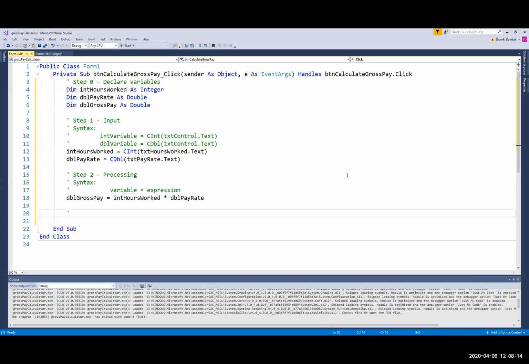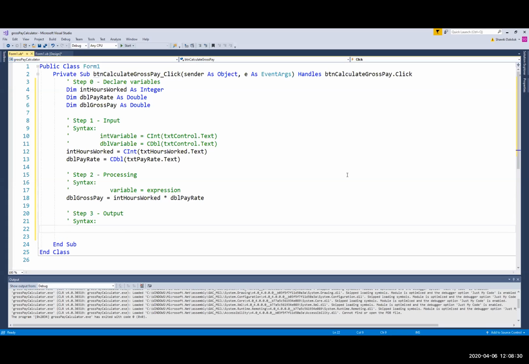The last step is the output. The syntax for that is the opposite of the input. For the input, we set the control equal to the variable. For the output, you set the variable equal to the control. In here, I'm going to give you different syntax. One, we can say lblControl. Output always is a label, as I indicated. That text is going to equal